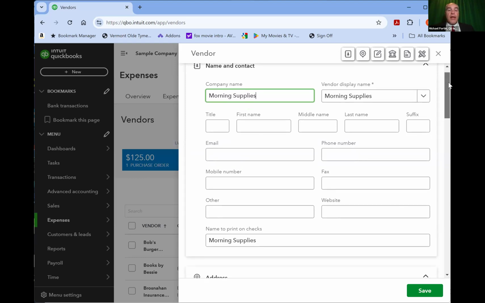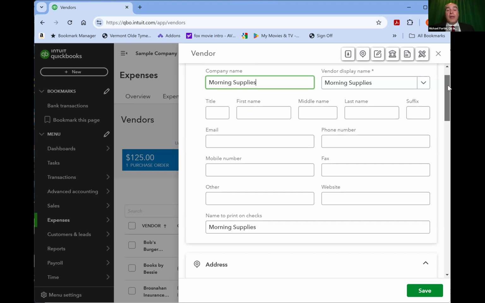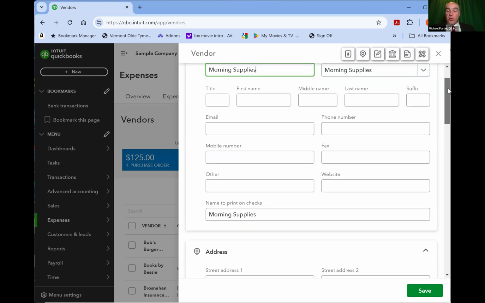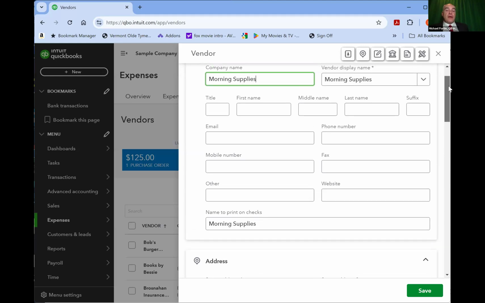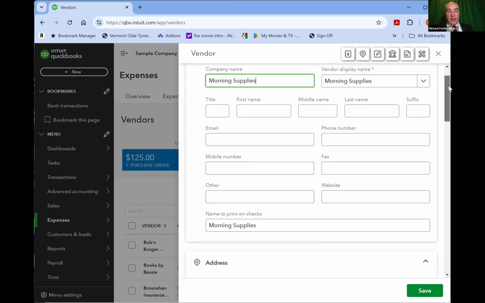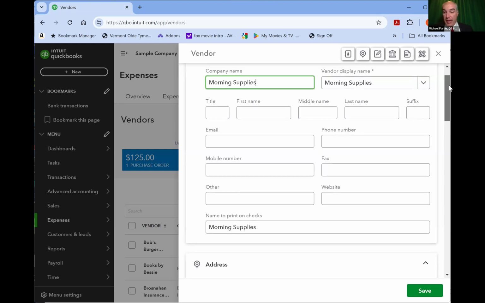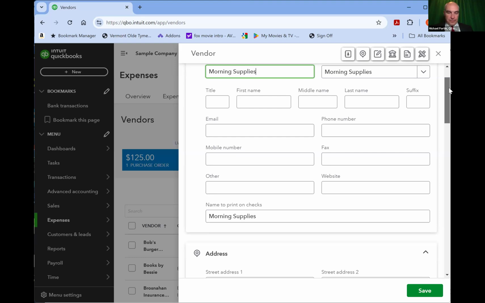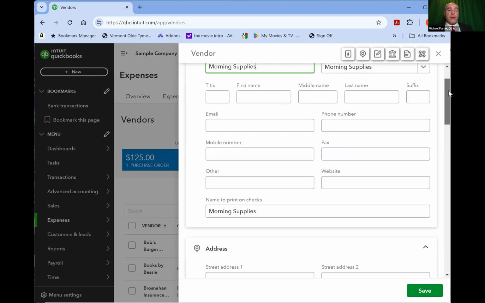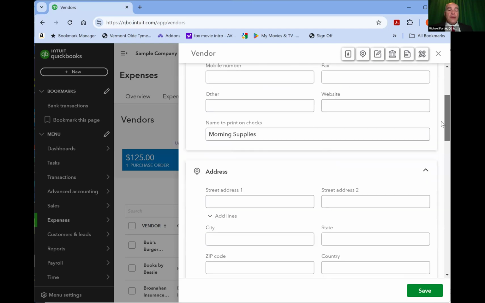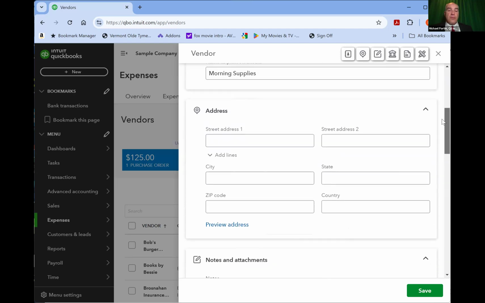And I would encourage you to take the time to use QuickBooks to track important information that you'll find useful later. So I've got company name. I have a place where I can enter in an individual as well, or both. If I have a business that I also deal with one specific person, I can put their name in here in addition to the business name. I have a place for their email, their phone number, and their address as I scroll down through.